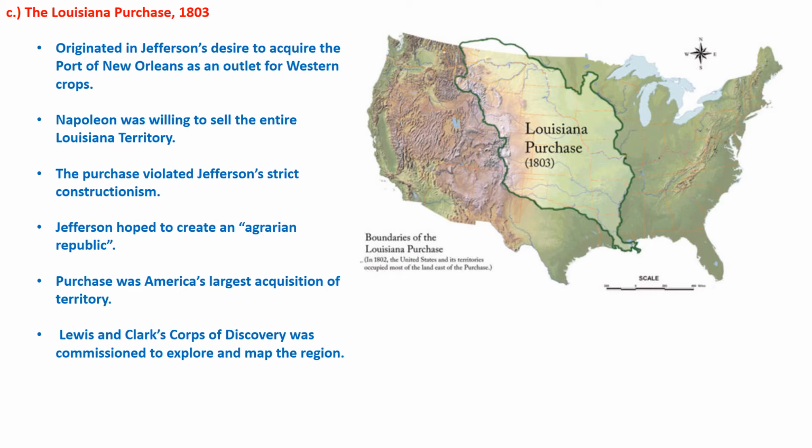A major development during Jefferson's presidency was the Louisiana Purchase in 1803. This originated with Jefferson's desire to acquire the port of New Orleans, but he found that he was offered the entire Louisiana territory for purchase. He did purchase it, but it violated his strict constructionism of adhering only to what the Constitution said. Jefferson violated this principle in his hopes to create an agrarian republic of mostly small yeoman independent farmers, and he believed that a lot of land was needed to make that happen.